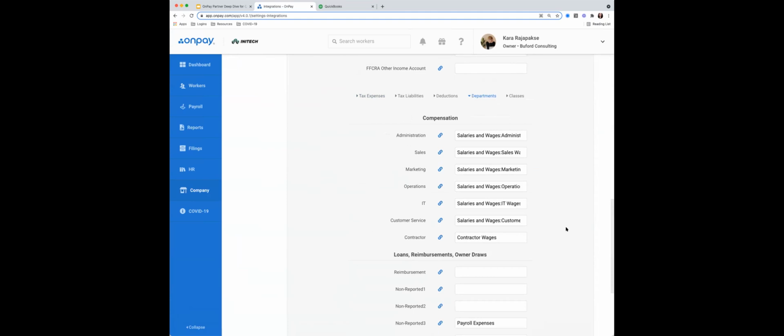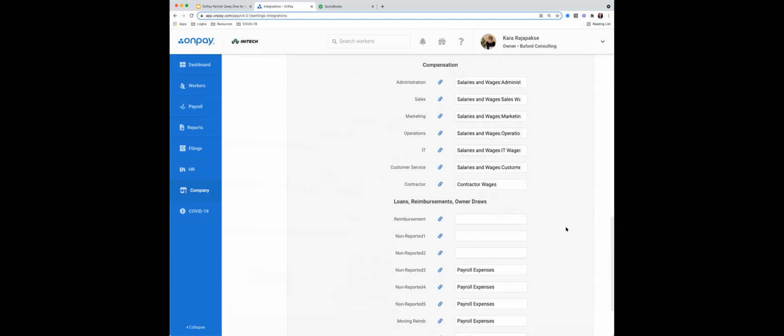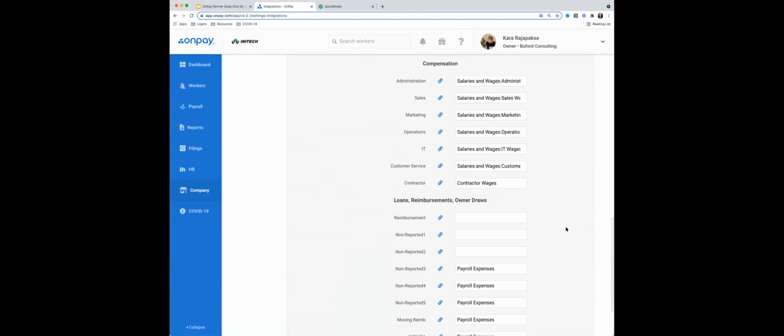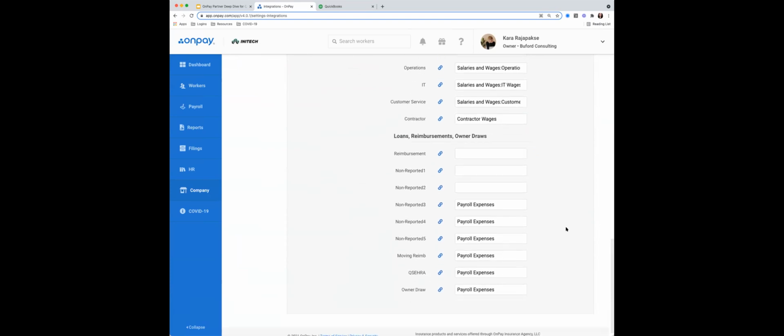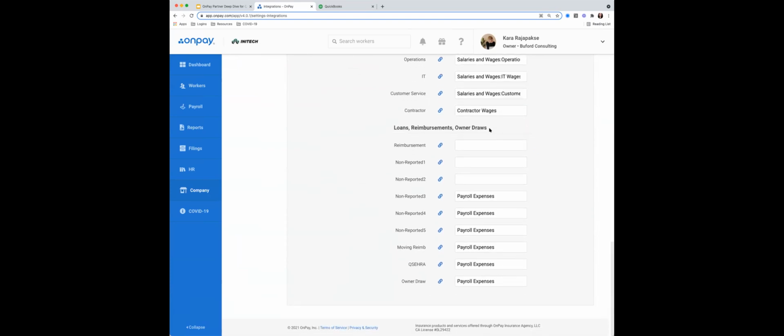So in the compensation, you'll see all of these different departments. As Kara mentioned, if the employee works in a department, currently our system does send one department per employee per pay run. So you don't have the opportunity to have multiple employees in those different departments, but we do have some items broken out below those that are common pay items that need to be broken out from employer or from regular employees.